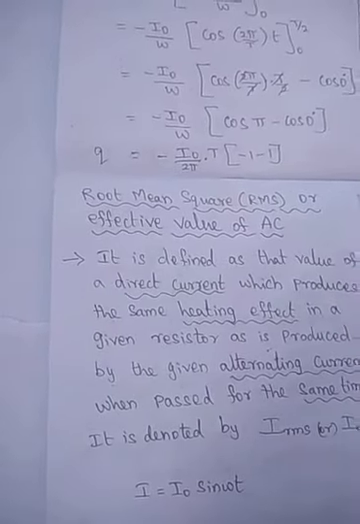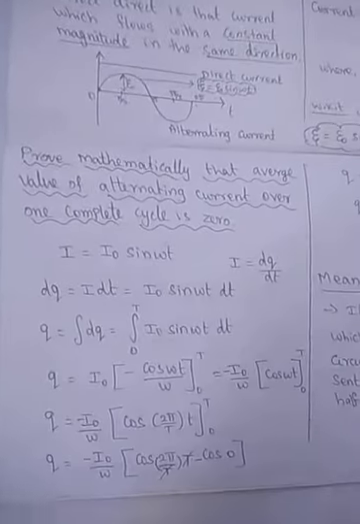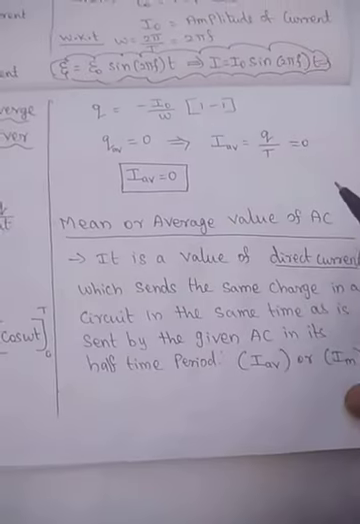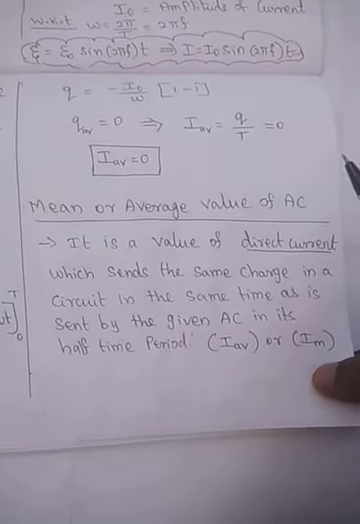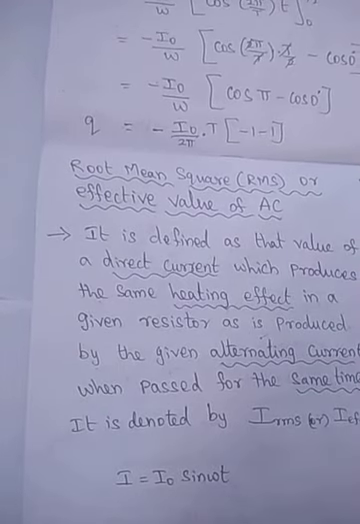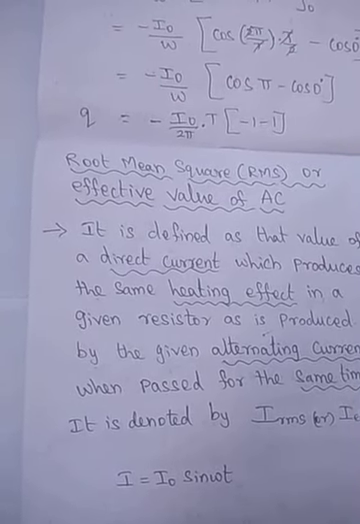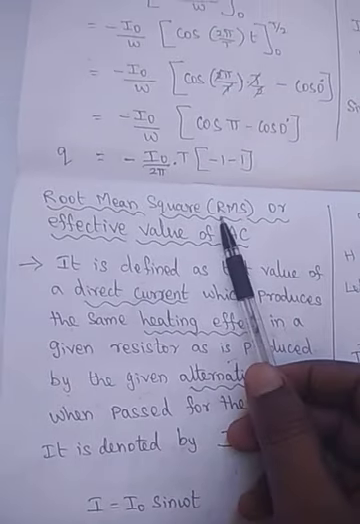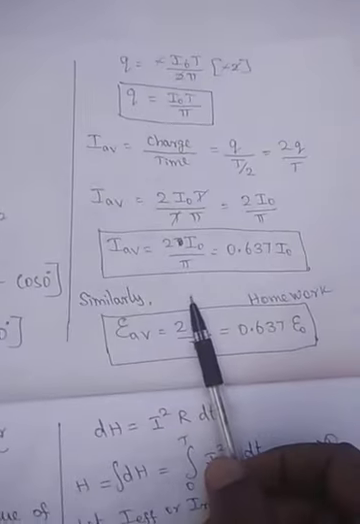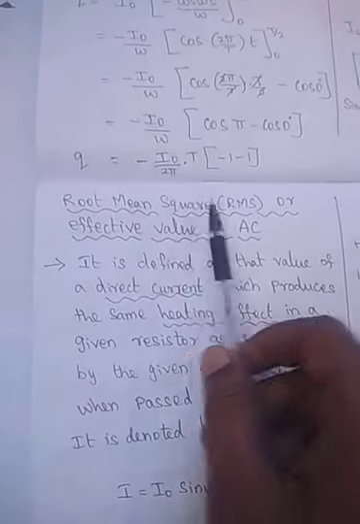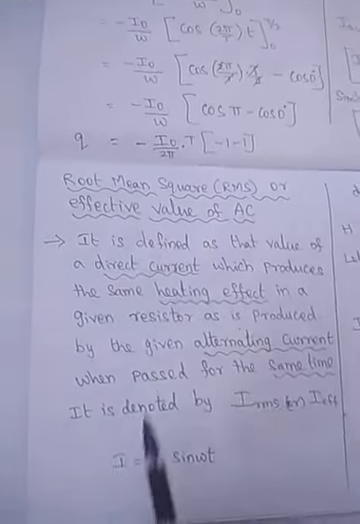First we calculated that the total alternating current value for one complete cycle is 0. Then we calculated the mean average value of the alternating current. Now, what is the root mean square value? Because for one complete cycle, till now we have not calculated any alternating current value, so we have to go to the root mean square value, not only the half average value that we arrived at. Here we are going to calculate using the root mean square or the effective value of the alternating current.